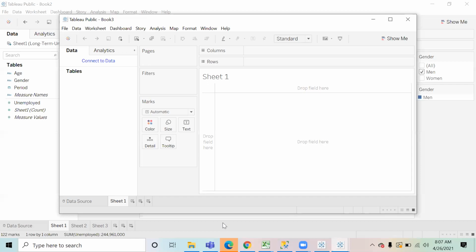I shared one Sample Superstore file on WhatsApp, so you can always download this file now.